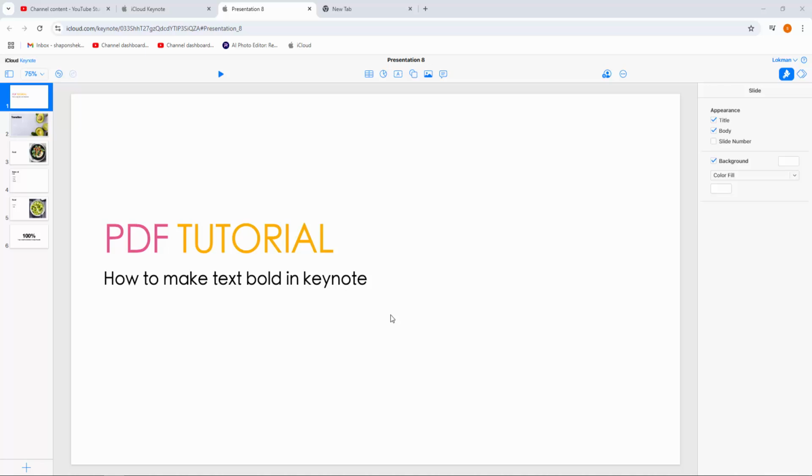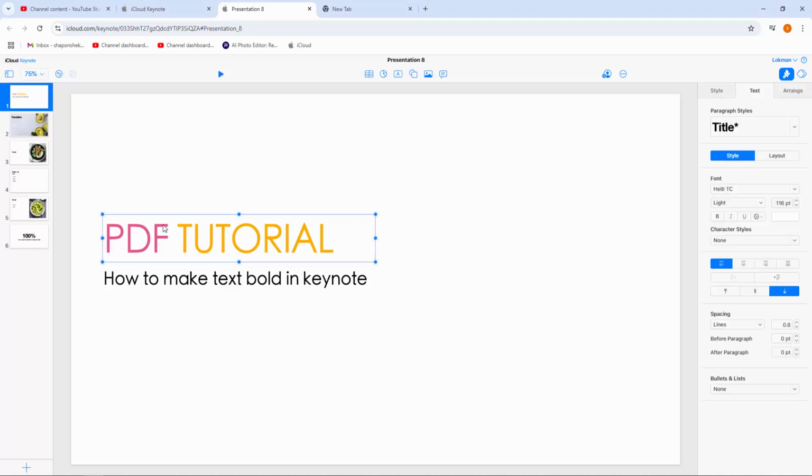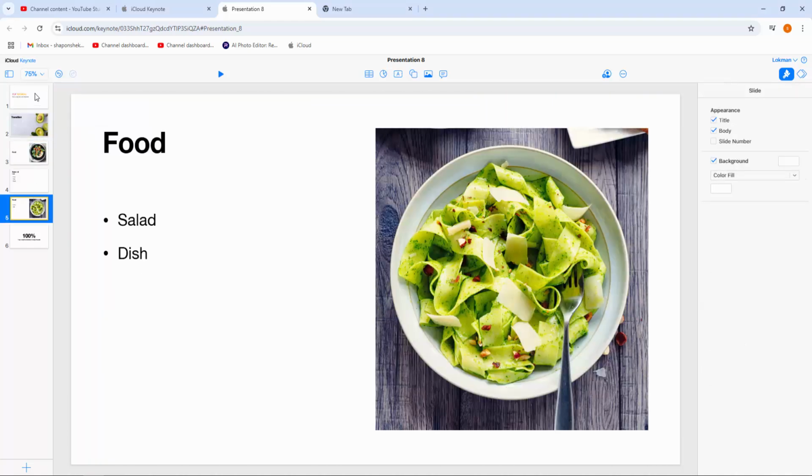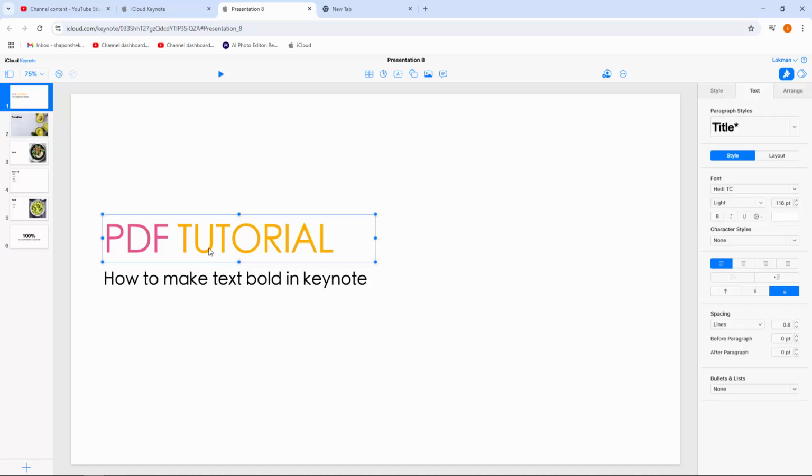In this video, I am going to show you how to make text bold in Apple Keynote. Let's get started. At first, open your Apple Keynote software. Then you can see here is my presentation on the Apple Keynote. Now select the text and you can see here are